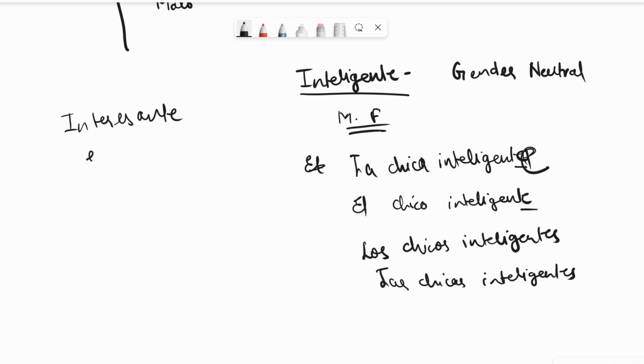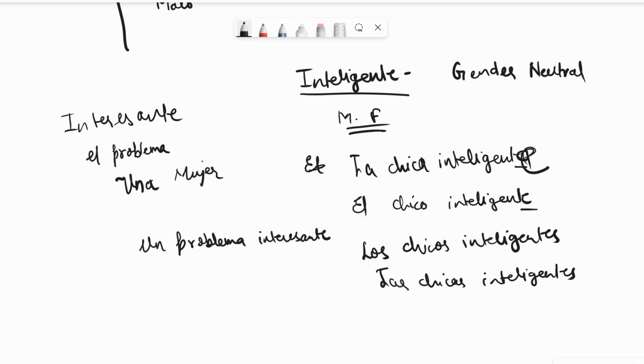Interesante is interesting. Let's take a masculine noun, which is el problema. Let's take a feminine noun, that is una mujer, which is a woman. If I wanted to say an interesting problem, un problema interesante. I wanted to say an interesting woman, una mujer interesante. If I wanted to say an interesting